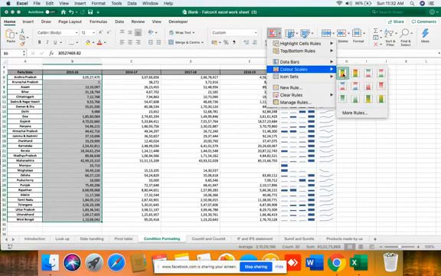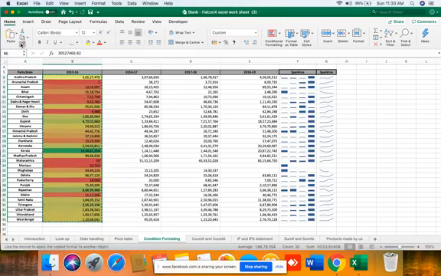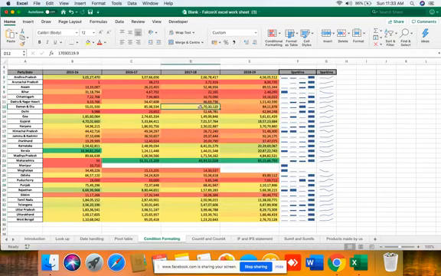color scale as per your requirement, and this is dynamic. If you change something, it will automatically change. And red stands for lowest, green stands for highest. These colors you have to decide, and the middle color shades depend on the variations. Now, if you want to do this across all the years, this is how you can do it. This was for the conditional formatting.